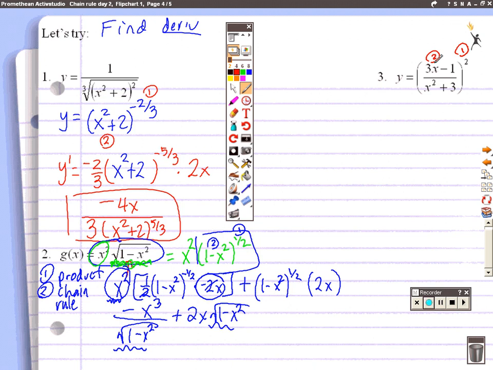So here we go. We're starting with the chain rule because this is the outermost function. Back over in the other problem, before we had to apply the chain rule, it was a product. So you have to go in the right order. The derivative of this function would be, I'm doing the chain rule, and I'm going to do the derivative of the outside. The outside is a power, so I'm going to do the power function, 2 times the quantity,